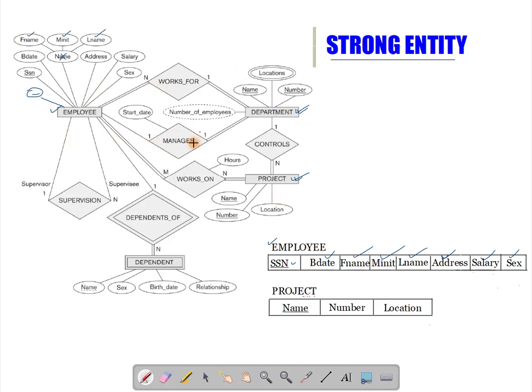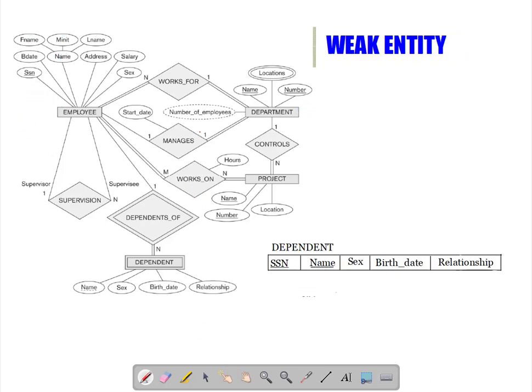So when you see an ER diagram, the first task is to convert the strong entities. Then you will look for weak entities. We know there's a weak entity, that is dependent, because dependent doesn't have any unique attribute, but it has a partial key name.